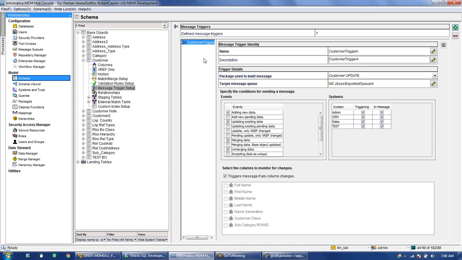So we can set it up again, because the trigger we have created for this customer is using a queue. On this you can see queue A is mentioned. Target message queue is JBoss exported queue/A. So that is fine. We can use a second queue, which is QB, because we know that for each and every source system we have to create a separate message trigger, because they will be listening on a different queue.